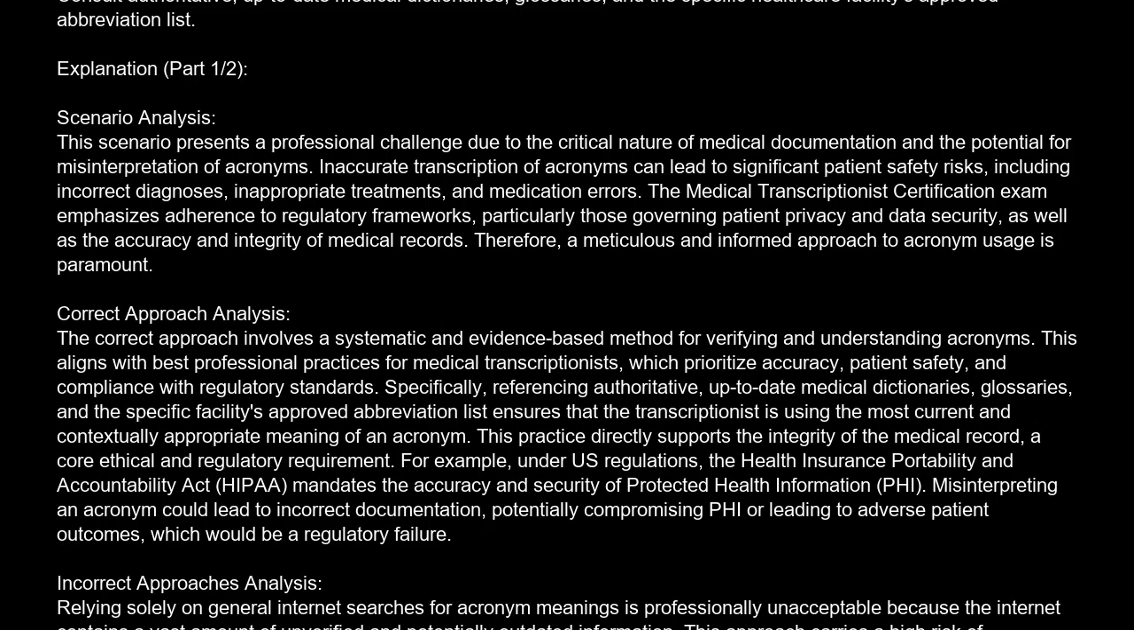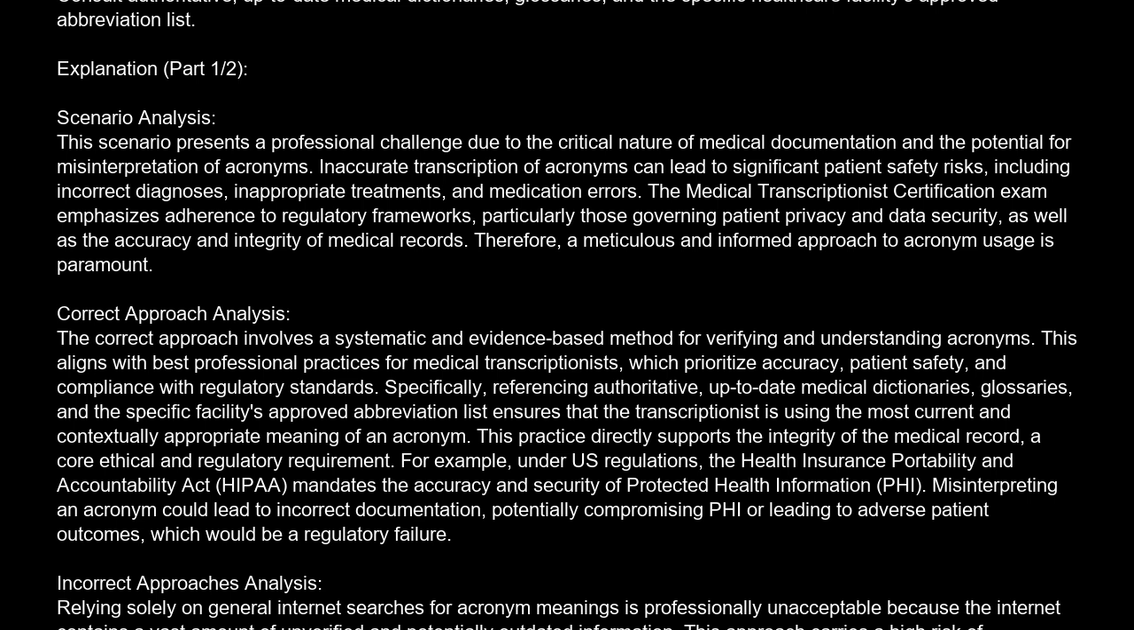Correct answer is D. Consult authoritative, up-to-date medical dictionaries, glossaries, and the specific healthcare facility's approved abbreviation list. Explanation. Scenario analysis. This scenario presents a professional challenge due to the critical nature of medical documentation and the potential for misinterpretation of acronyms. Inaccurate transcription of acronyms can lead to significant patient safety risks, including incorrect diagnoses, inappropriate treatments,